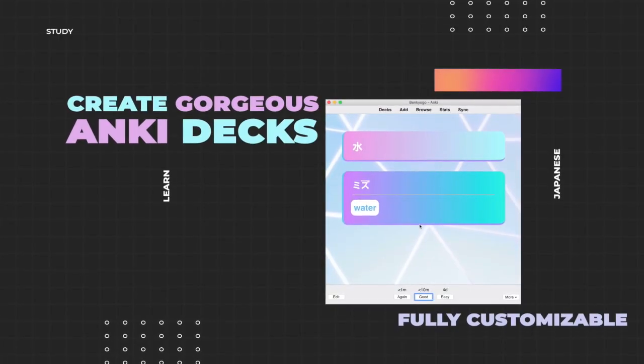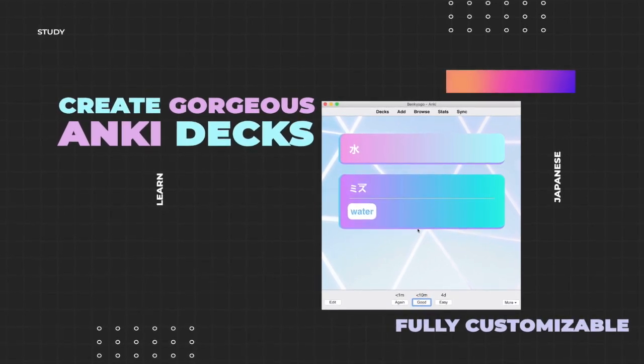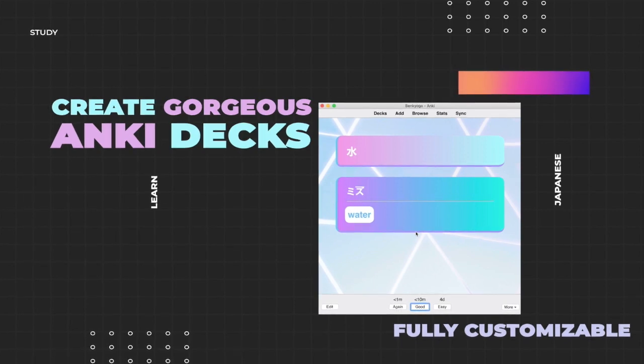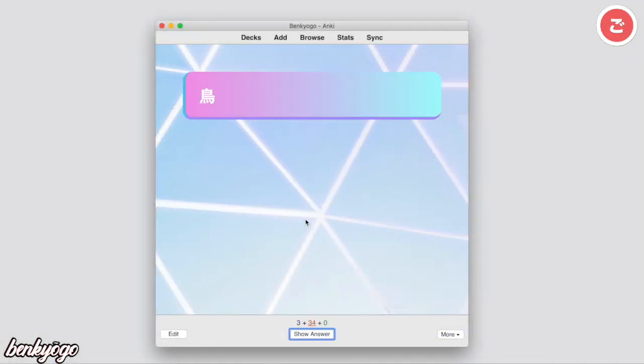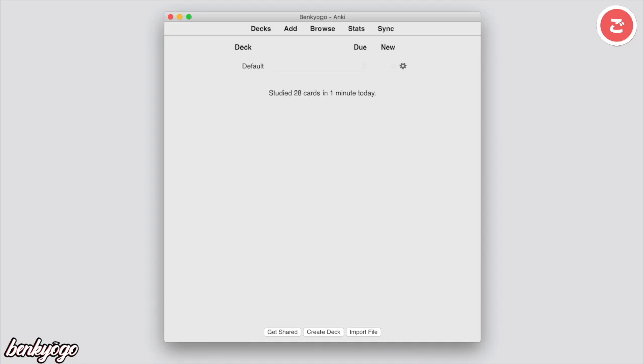I've been using Anki for over 10 years to study Japanese, and it is by far the best way to learn vocabulary, especially when you know thousands of words but don't encounter them every day. In this video, I'll be showing you how to create gorgeous, fully customizable Anki templates to learn vocabulary. This video assumes you're at least familiar with the basics of Anki, like creating cards and synchronizing with your online